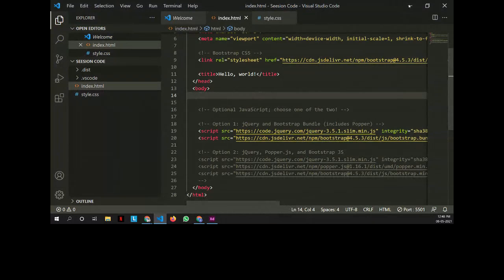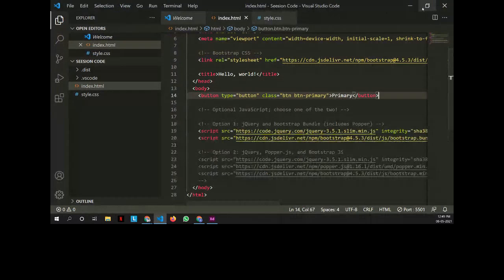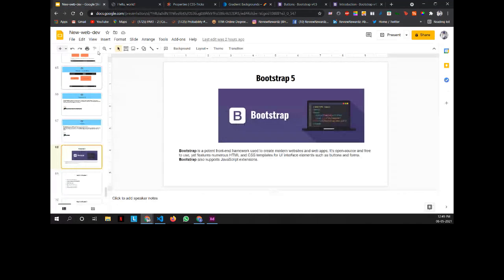Yeah. So guys, as you all can see, we have different kinds of buttons here. What I have to do is just copy this code here. This belongs to the first primary button. When I copy this code and paste it in my body tag here, and go to the browser now, as you all can see, this button has been added here without actually writing CSS or anything. We haven't added any CSS regarding the primary color or whatever, but it still shows up. That's how Bootstrap is used. I'll just show you all other components.